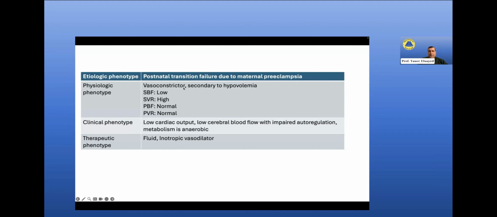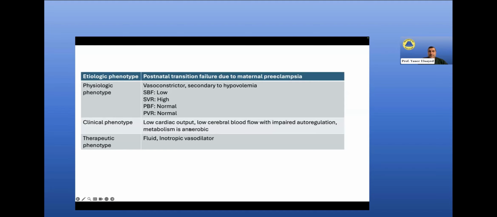So it is vasoconstrictor secondary to hypovolemia, empty left ventricle, and systemic blood flow is low, systemic vascular resistance high, and there is no issue with pulmonary circulation. So the PDA was supporting systemic circulation this time. The clinical phenotype here, we have low cardiac output, low cerebral blood flow, presented on NIRS with impaired autoregulation, and